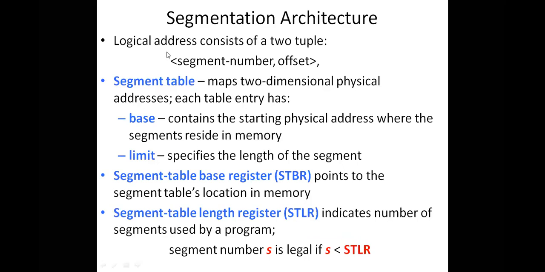And next, earlier the logical address is divided into page number and offset. Here also the logical address is divided into 2 parts. One is the segment number, and the second one is the offset. Okay. So here we have 2 things: base address and limit. Base means the starting address of the segment. So whenever the segment is in the main memory, what is the starting address of that particular segment? It will be indicated by the base address.